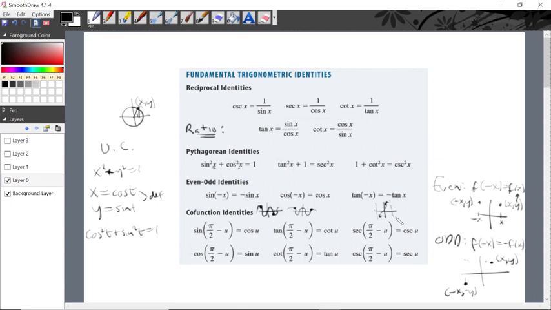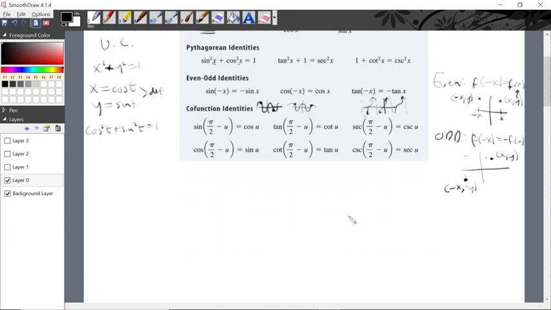One way to show that geometrically is by looking at the graph of the tangent function. It's like waves like so. If you were to rotate this by 180 degrees, it would overlap itself. And the other way to see that the tangent is in fact odd is to use fundamental